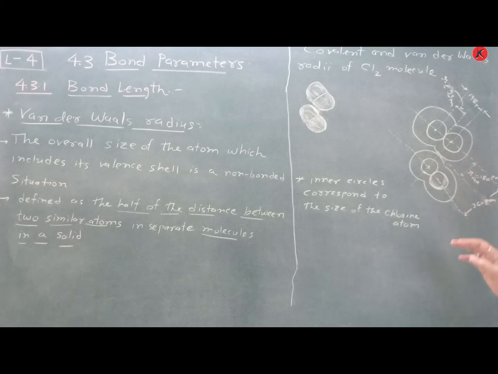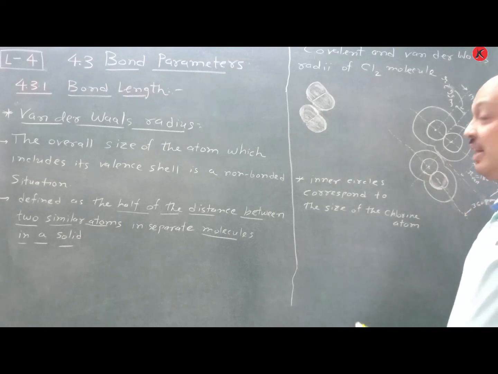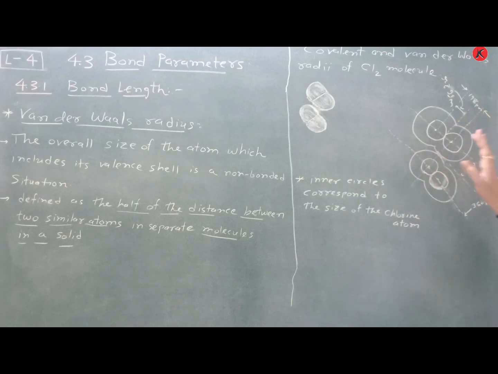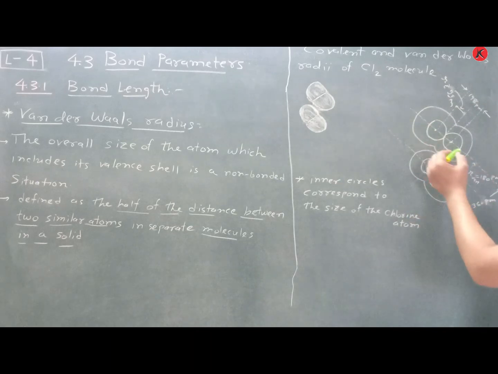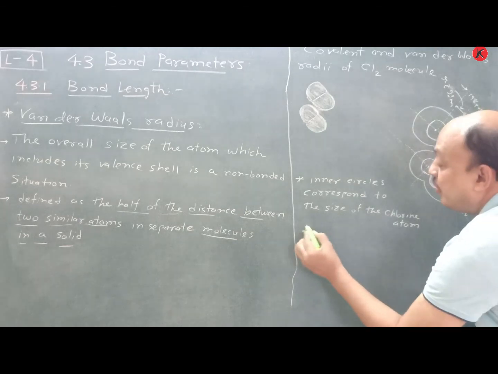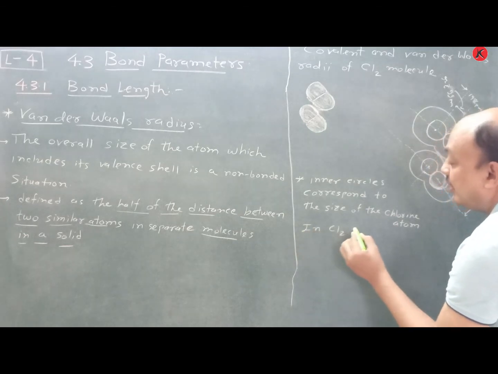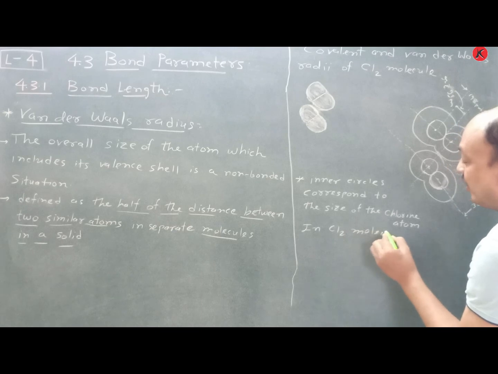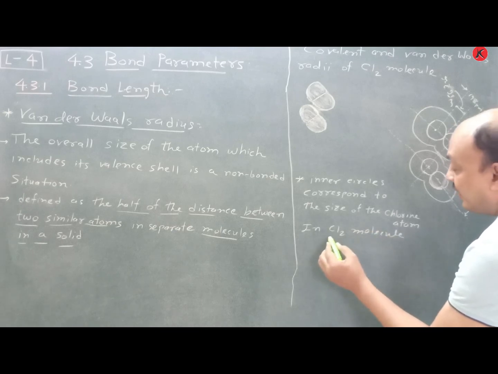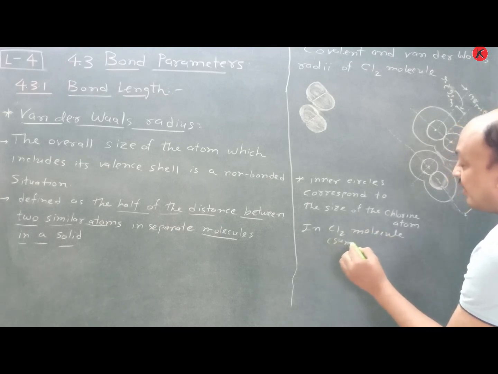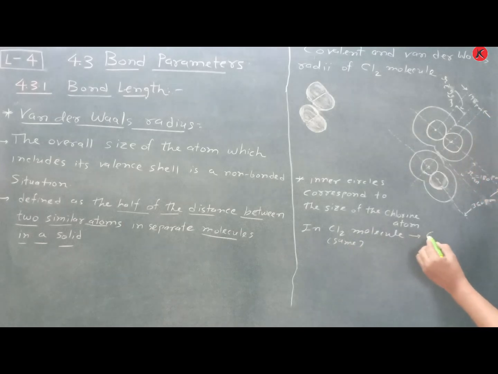You already learned this in unit 3, ionic radii and atomic radii. At that time there was just this explanation, but here you have to draw attention to covalent radius, which is in the Cl2 molecule only. You have to write it for the Cl2 molecule. In the same molecule, that is in Cl2, covalent radius takes place.